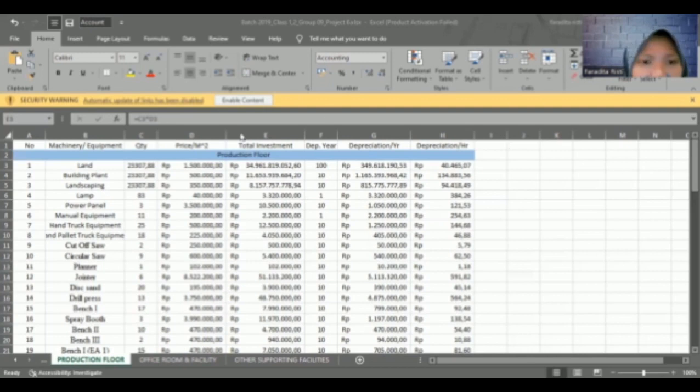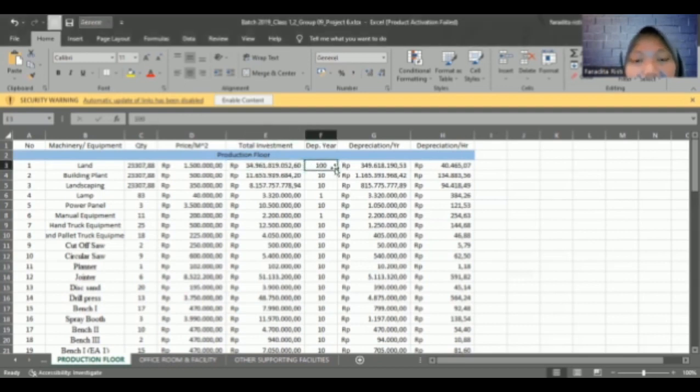To calculate total investment, we multiply quantity and the price per meter square, and we get the total investment.